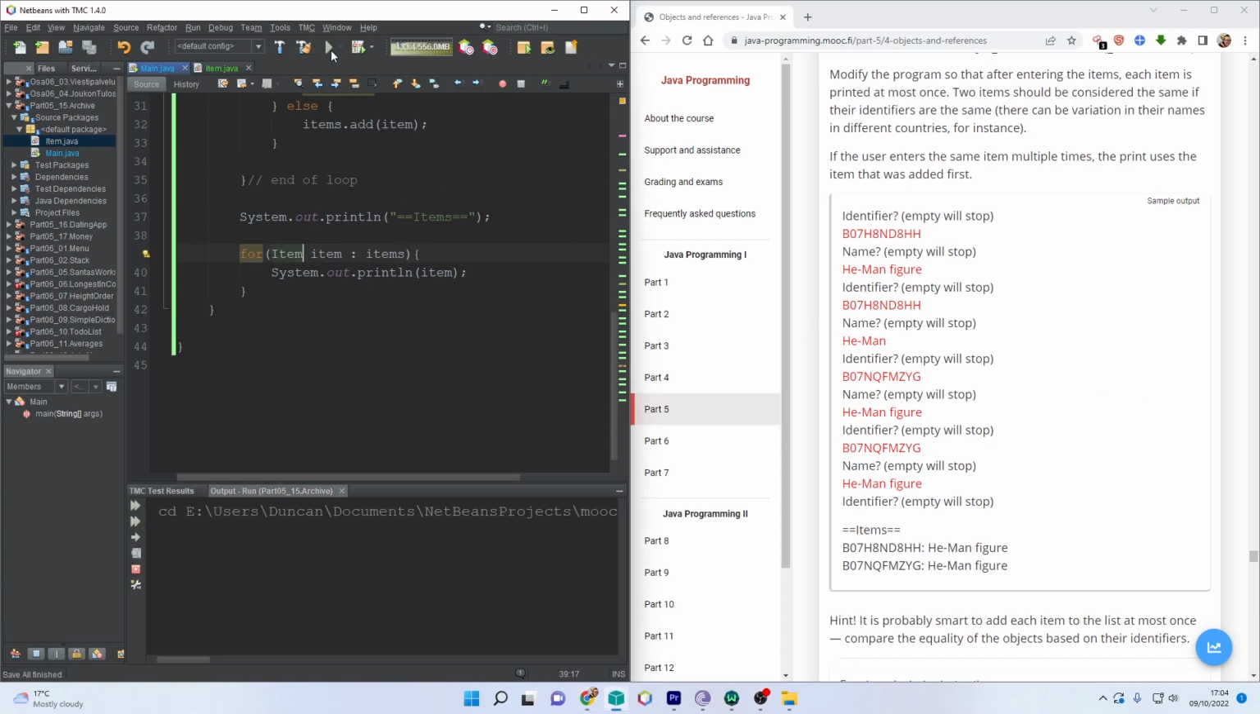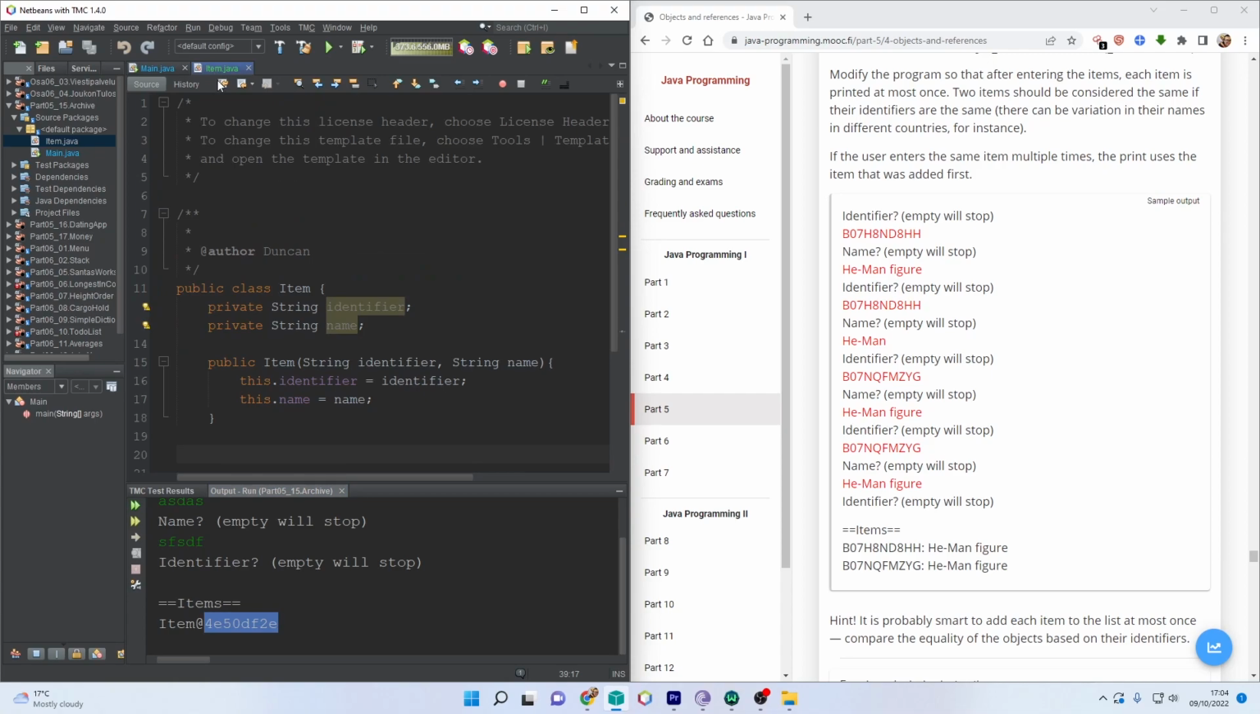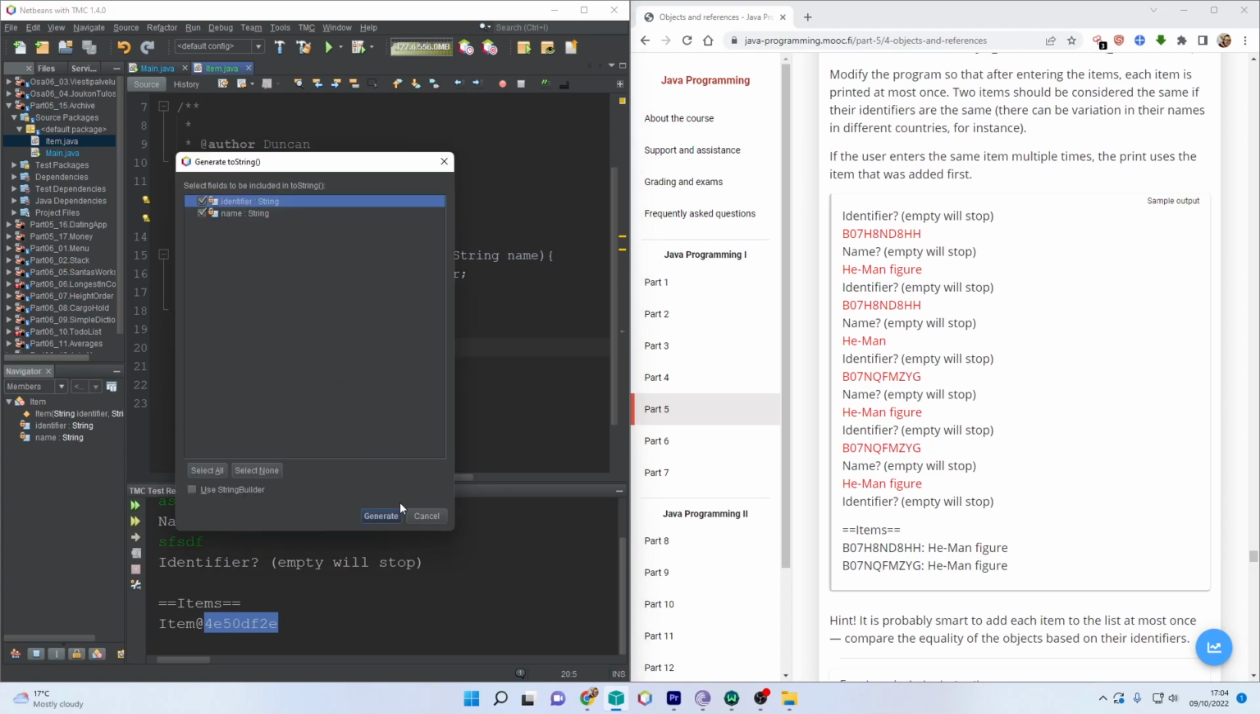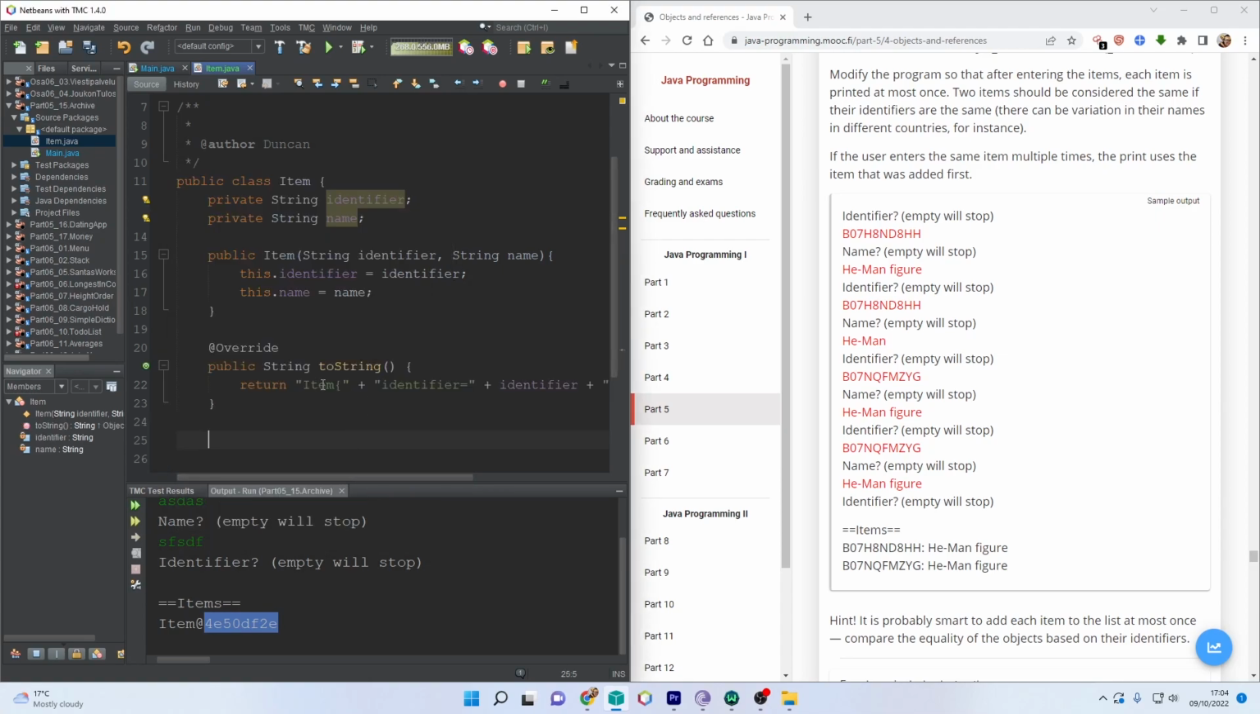If we run this now, have a think about what will print out here. There you go. So we get the class name and the hash code of the object. So if you realized that we need to add in the toString, then hats off to you, well done. So let's add that in there now. And remember, our printout is quite specific, isn't it? We're going to need to get